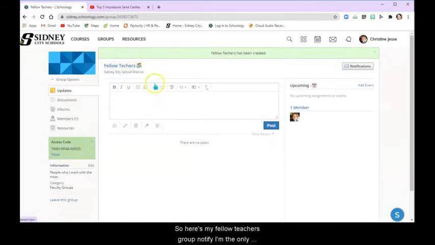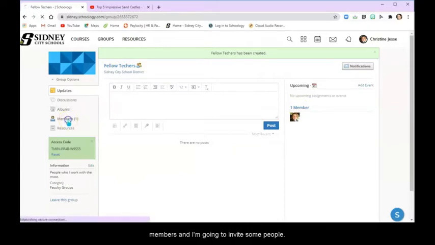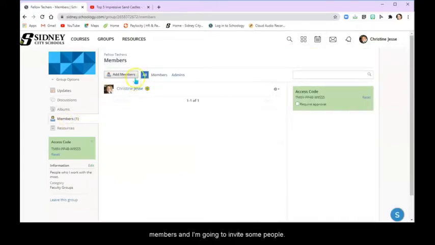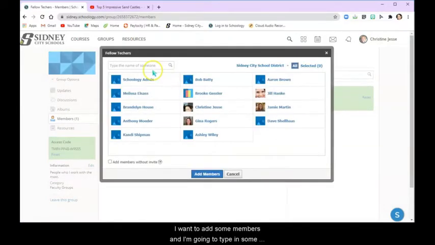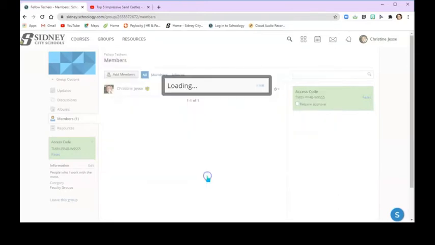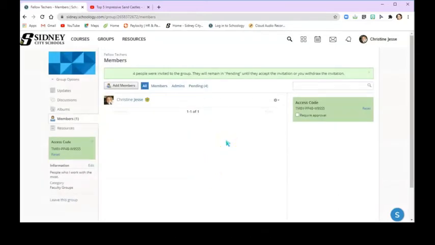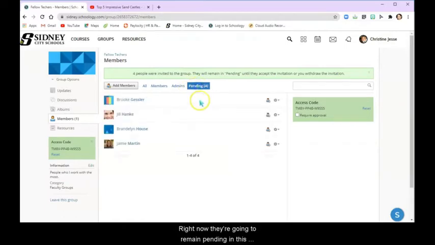Okay, so here's my fellow teachers group. Notice I am the only member, so lonely. So I'm going to go to members and I'm going to invite some people. Okay, so I'm going to add some members. And I'm going to type in some people, or they'll even give me a list from some people in the district who I can add. So I'm going to add Jill and Jamie. And I'm going to add Brooke. I'm also going to add Brandolyn. I'm going to add those people. And they're going to get an invitation. Right now they're going to remain pending in this category until they accept the invitation